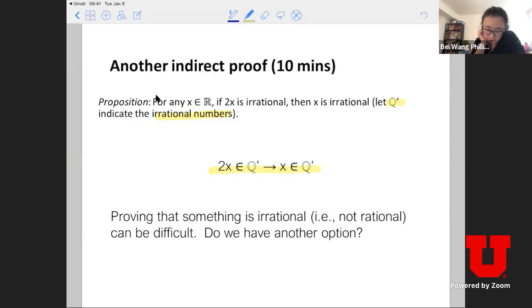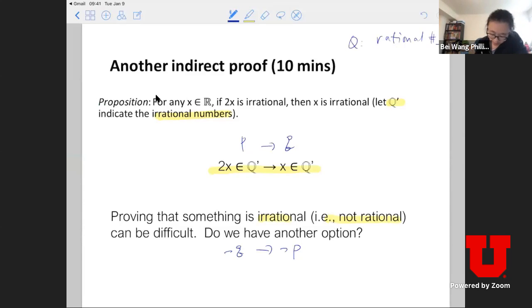Sometimes proving something to be irrational is actually quite difficult. So the question is, can we prove something slightly different? Irrational means not rational. If this is the statement p implies q, then not q implies not p is the contrapositive statement. And let's say Q represents the set of rational numbers,